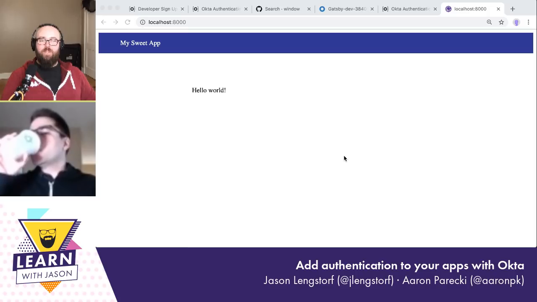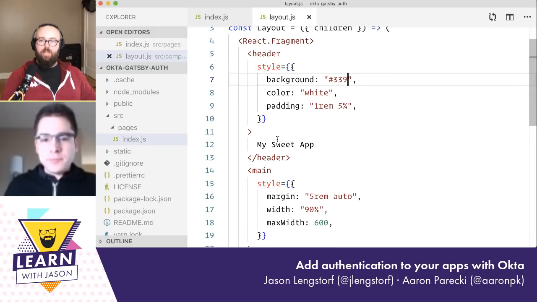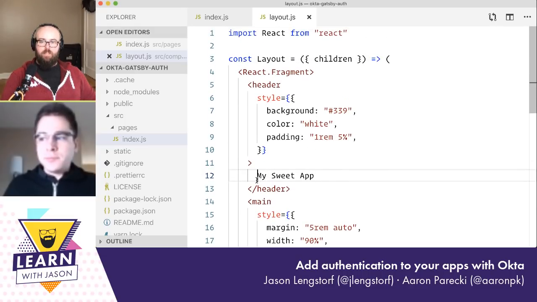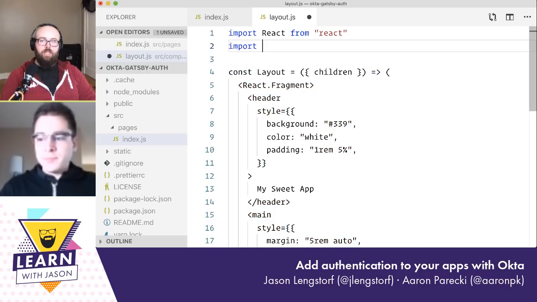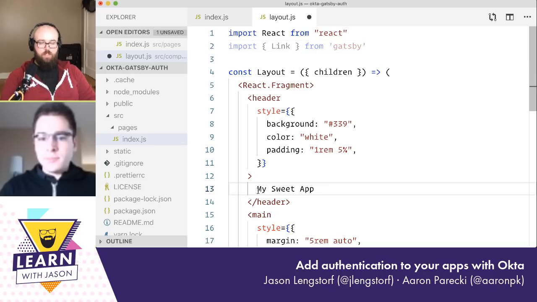But cool. So yes, let's talk about how we're going to make this actual setup. So we would want the, no, we'll make this a span because it's going to be the home. That's going to be the home link. We're going to import Link from Gatsby, and this is for internal links. And I'm going to make this one a link to the home page,